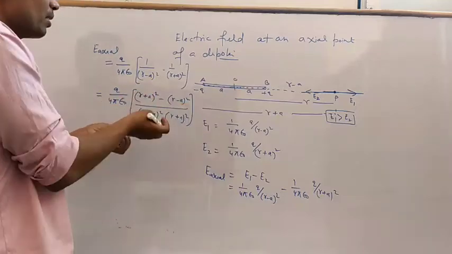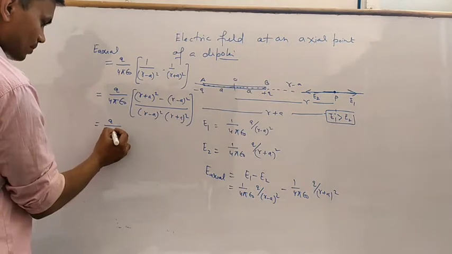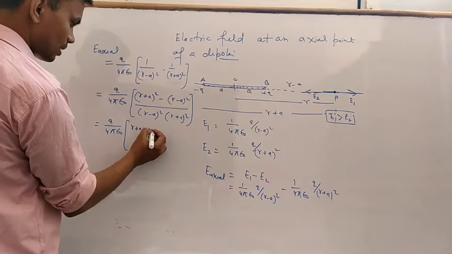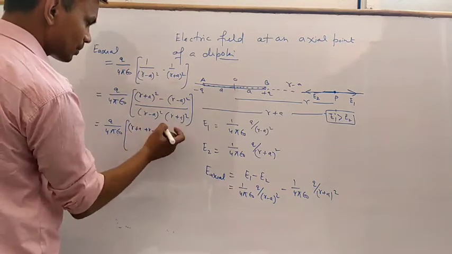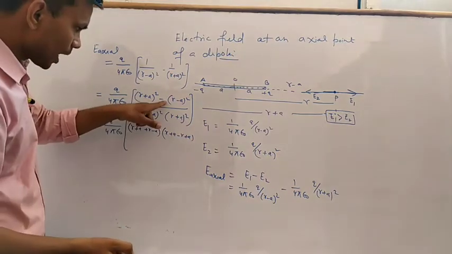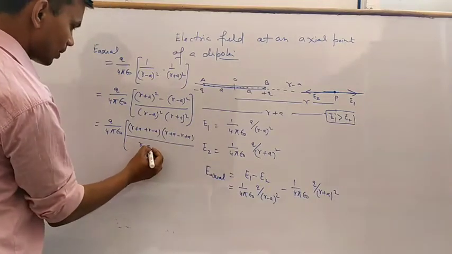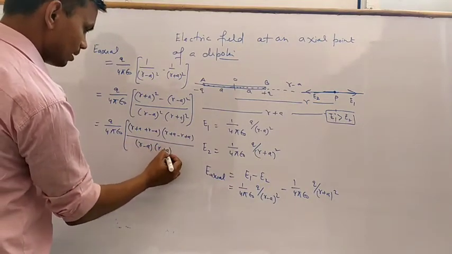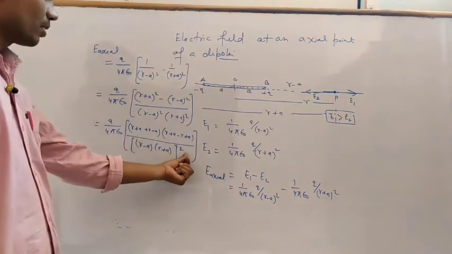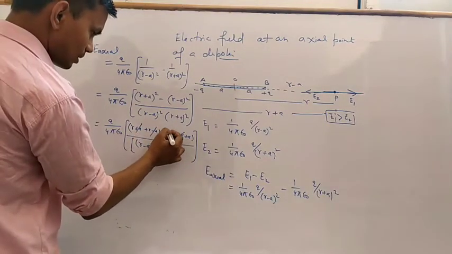Here you have to see this is a square minus b square. So in one bracket you have to add and in another bracket you have to subtract, with Q over 4 pi epsilon naught. In one bracket you add both, r plus a plus r minus a, and in the other bracket you subtract, r plus a minus r plus a. Right? Minus, and then this becomes plus. And here you write r minus a and r plus a whole square. Both squares are there, so we write a single square. Now this cancels out, here this cancels out.